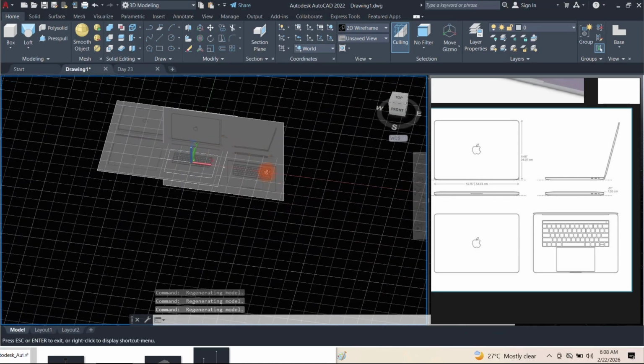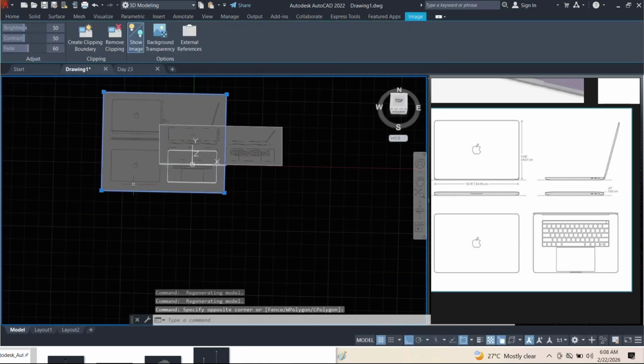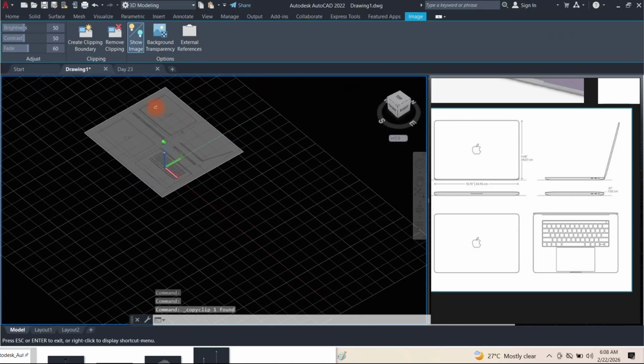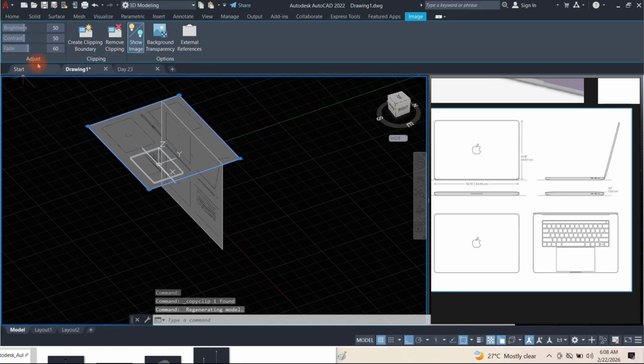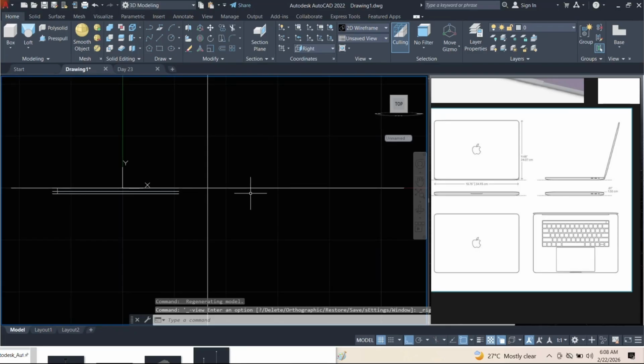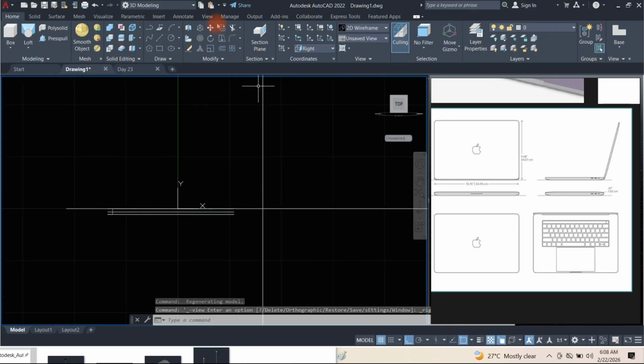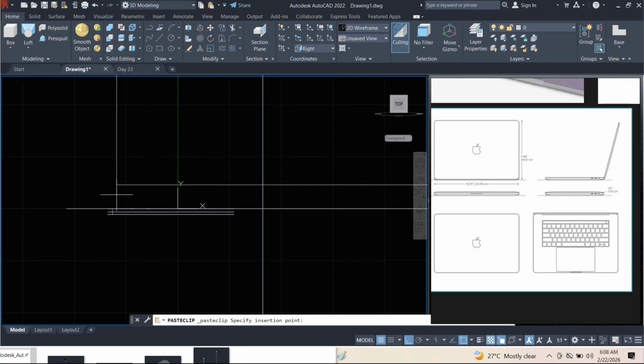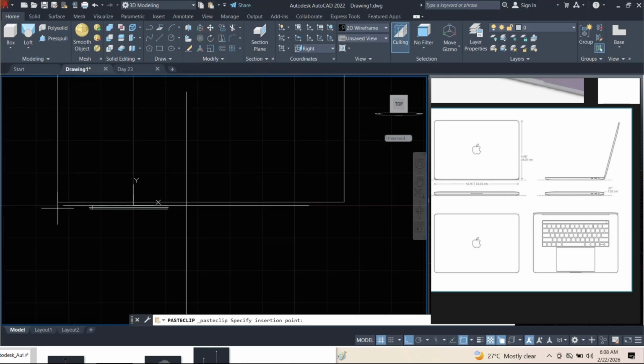All right, so what we're going to do is copy this to clipboard, go to this right, so just click on right, and then I can paste and position this somewhere here first,